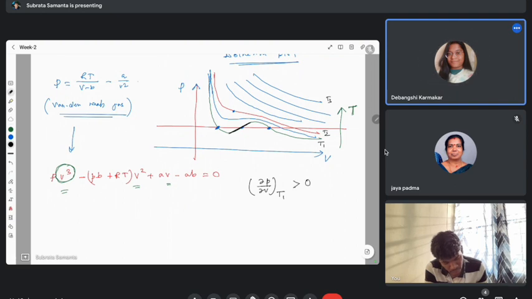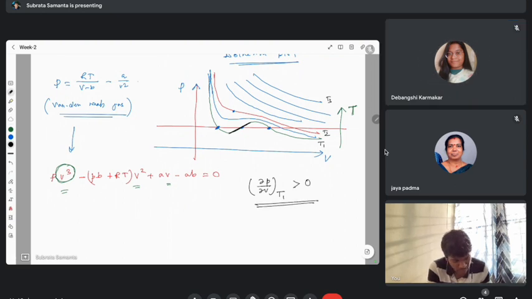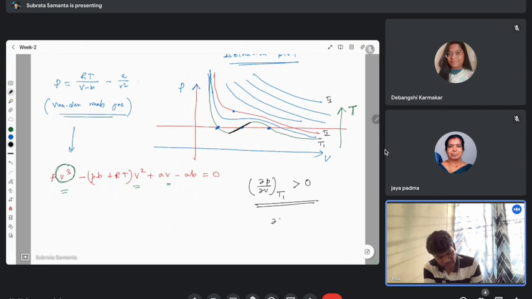Yes. So this is positive, right? So that means what does this imply? So this implies that if you increase the pressure, that means the volume increases as well. Similarly, we conclude that del V del P is also greater than 0. So that means if we increase the pressure, the volume increases,